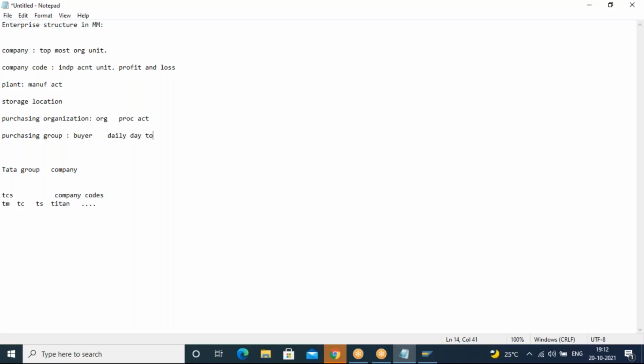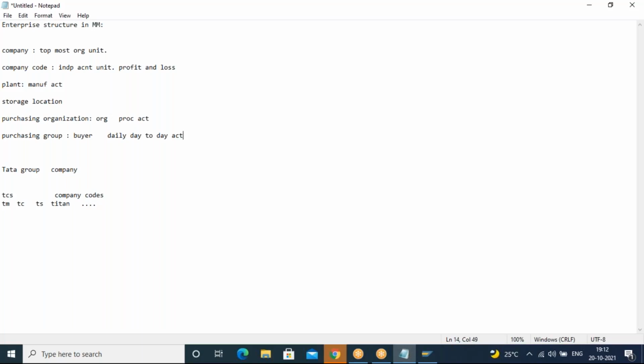What is the meaning of day-to-day activities? At each and every client location, some SAP end users will be working. Daily they will be creating purchase requisitions, purchase orders, and doing some follow-up activities. So all these are the day-to-day activities for the purchasing group people.